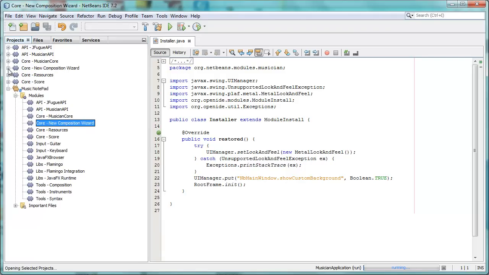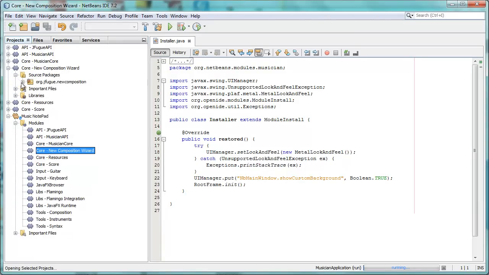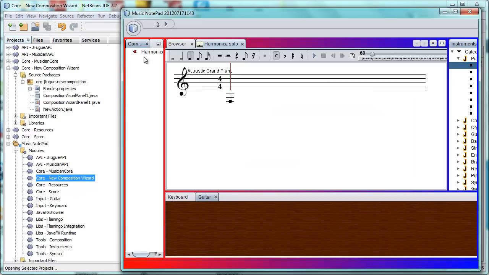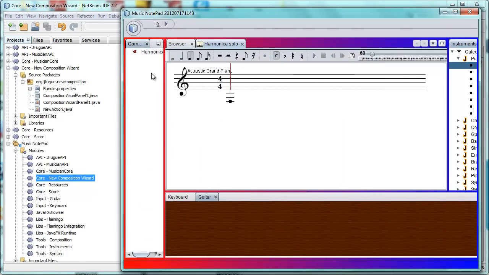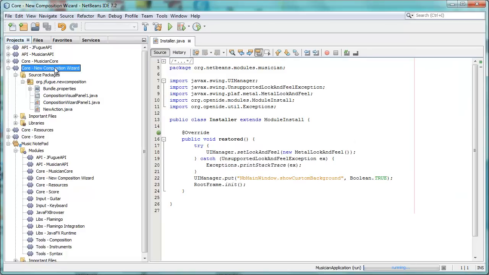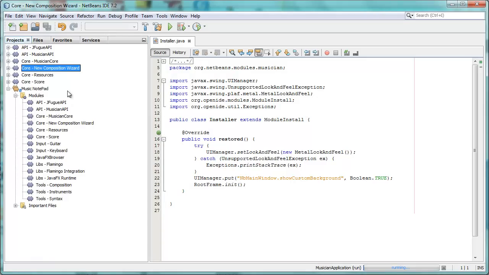There's the composition wizard, so this is also in a separate module, which means when you click on this button, that wizard opens. Ultimately, this module would contain other wizards, not just the new composition wizard, or we could have each wizard in a different module. But you can see that this application structure really breaks down all the features into as small modules as possible. Now to look at the input,